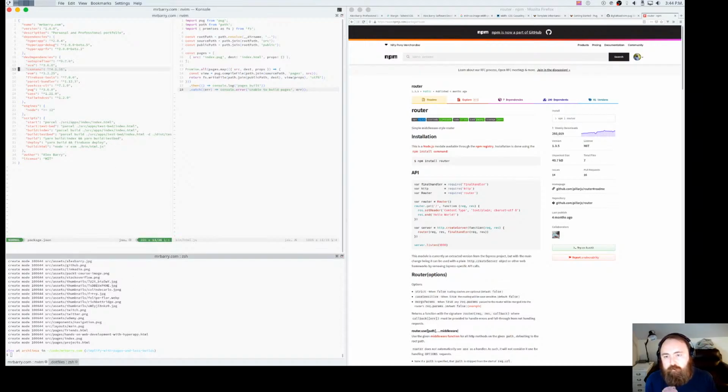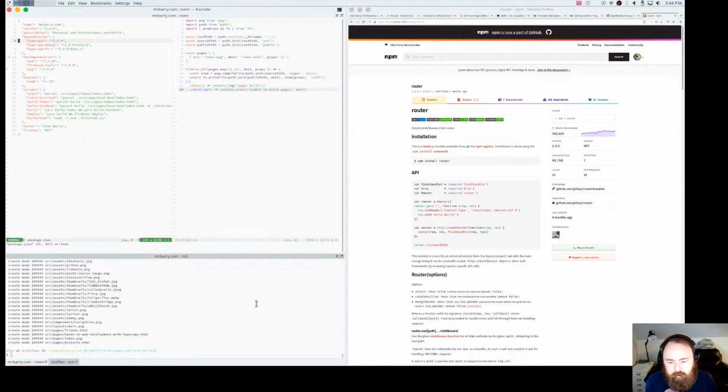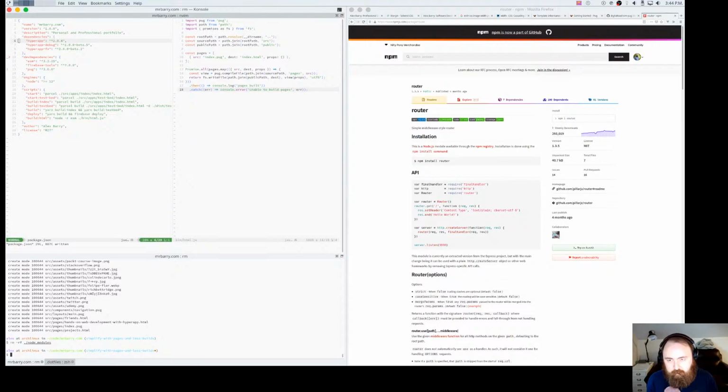And now if we were to get rid of all the things that we're not going to use, we might use it, but still, I don't know. We're going to use Firebase tools, we're not going to use that, not going to use that, not going to use that. We're going to use a CDN for that, so we're not going to use that. I think we're going to, actually no, I need these for that one dev page. But these should all be pretty lightweight. So if we do rm -rf node modules, basically all we have is pug, ESM, Firebase, and some hyperapp stuff. So if we do a yarn install,